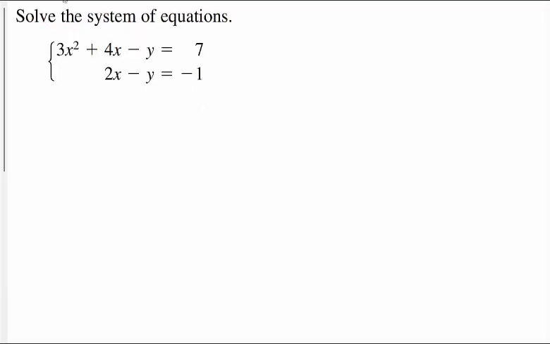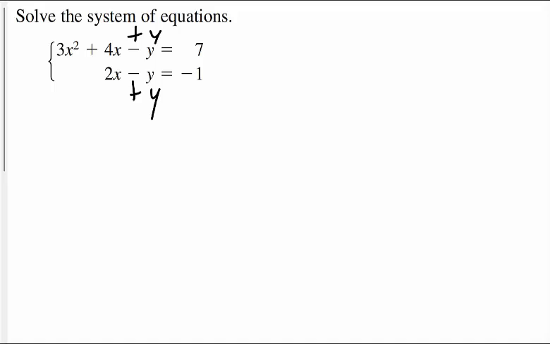All right, solve this system of equations. 3x squared plus 4x minus y equals 7, and 2x minus y equals negative 1. So we have a parabola and a line. So the options here are that they could never cross, they cross at one exact point or 2 points. They're clearly not the same, so we won't have infinitely many solutions. So what I would do is get these into the form of y equals. So I would add y to both sides of each,